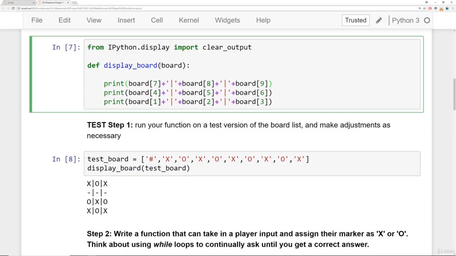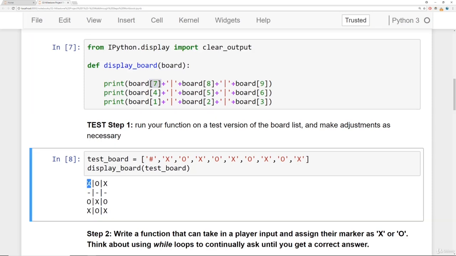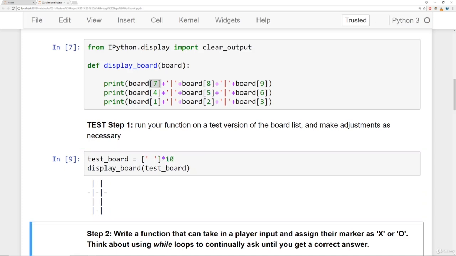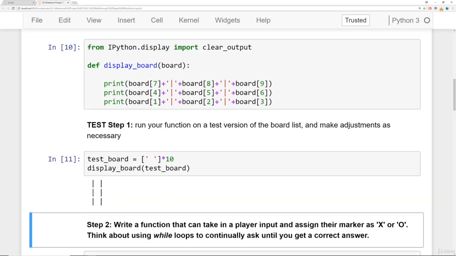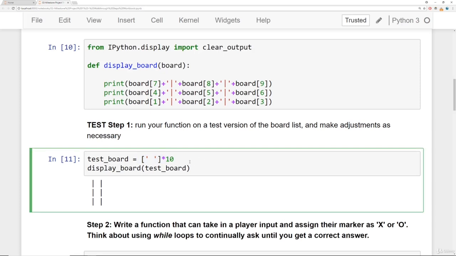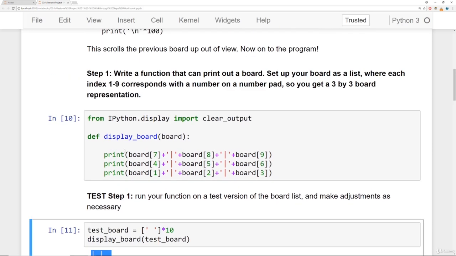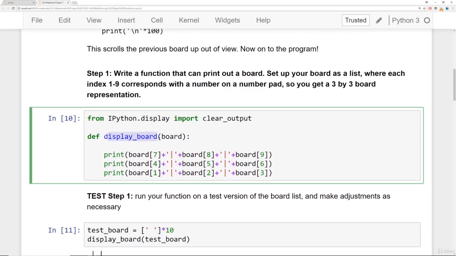We've taken the board itself as a list, grab the index positions, and then we will print out whatever value is there. Now keep in mind your test board at the very start of the game is going to be probably a bunch of empty strings. So it's probably realistically going to look something like this. We'll say just times 10 here. It's going to look like some sort of empty board. So if I rerun this, it'll look like that. So that's how the board starts off, and then as people start actually putting in X's and O's, it will clean up the board. Now, if you keep calling display board multiple times, you'll be able to see a history